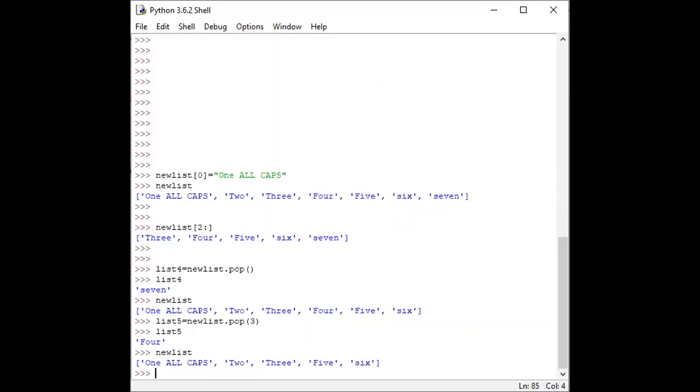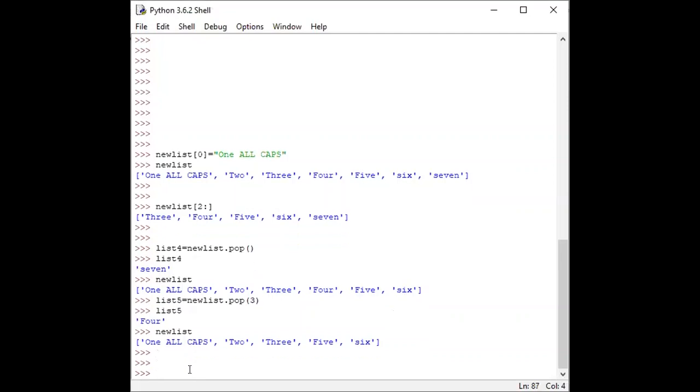Similarly, for example, if we have different values for the list and we want to use the insert function, for example, new list dot insert.